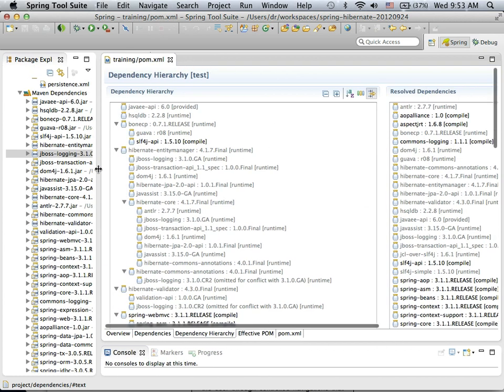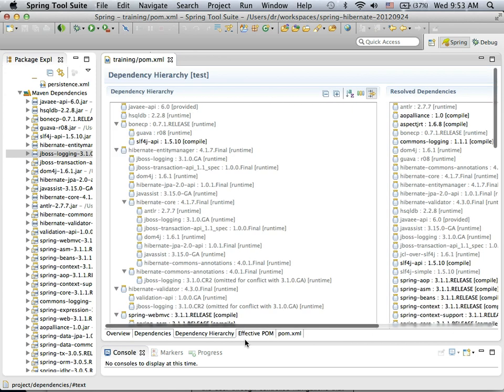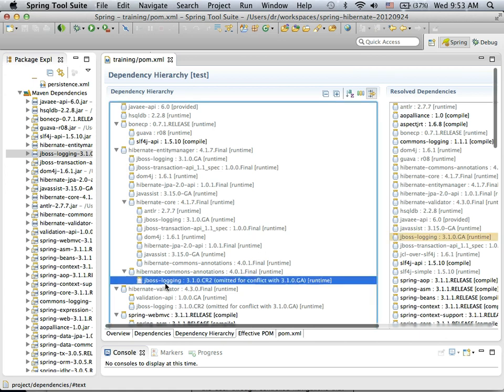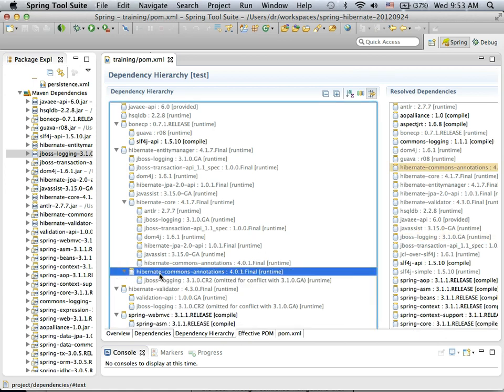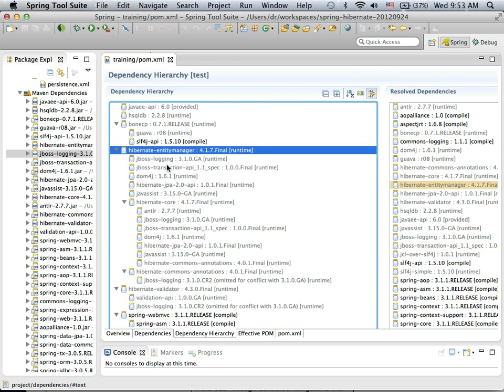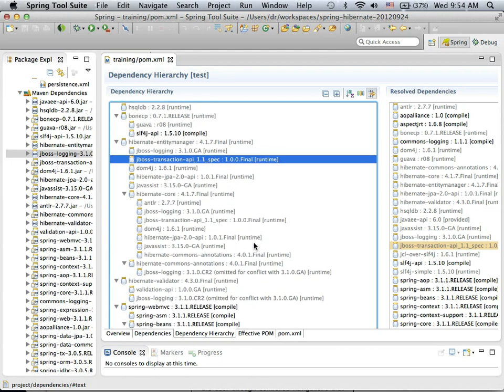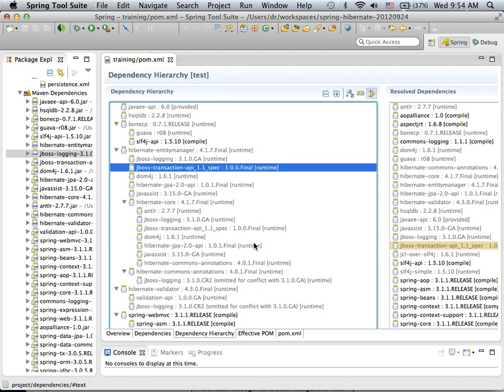So let's. I don't want test scope though. Hang on. No, I guess that's okay. Yeah. So JBoss logging is used by Hibernate annotations. So Hibernate is using JBoss. Dude, why can I not scroll this list down? All right. Well, anyway,